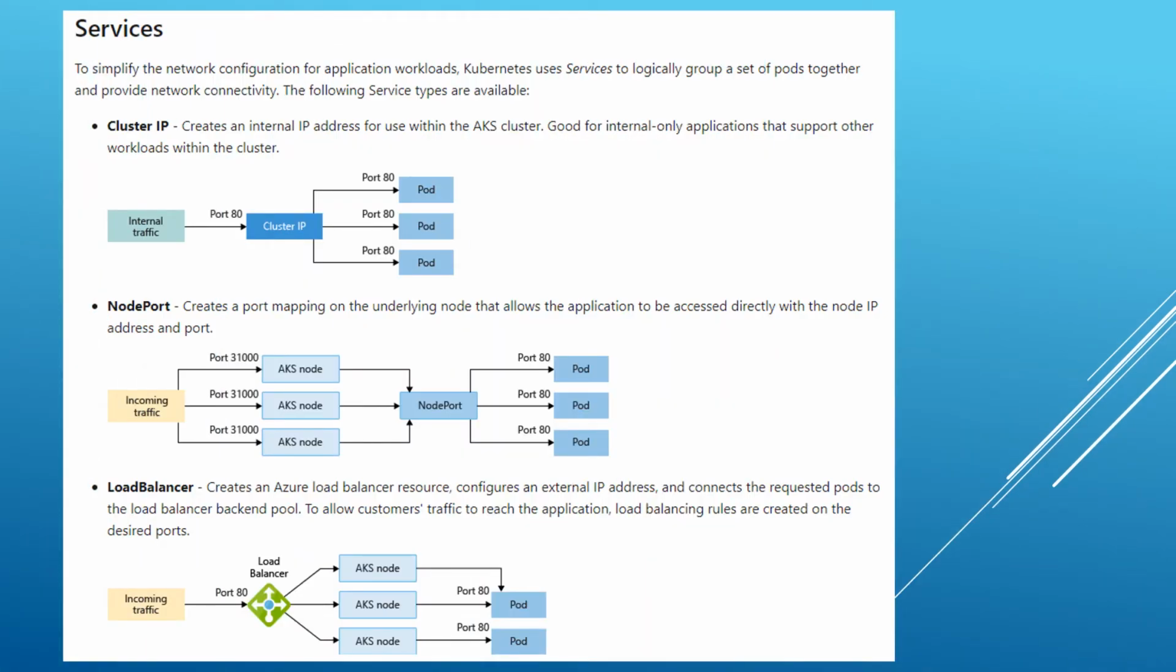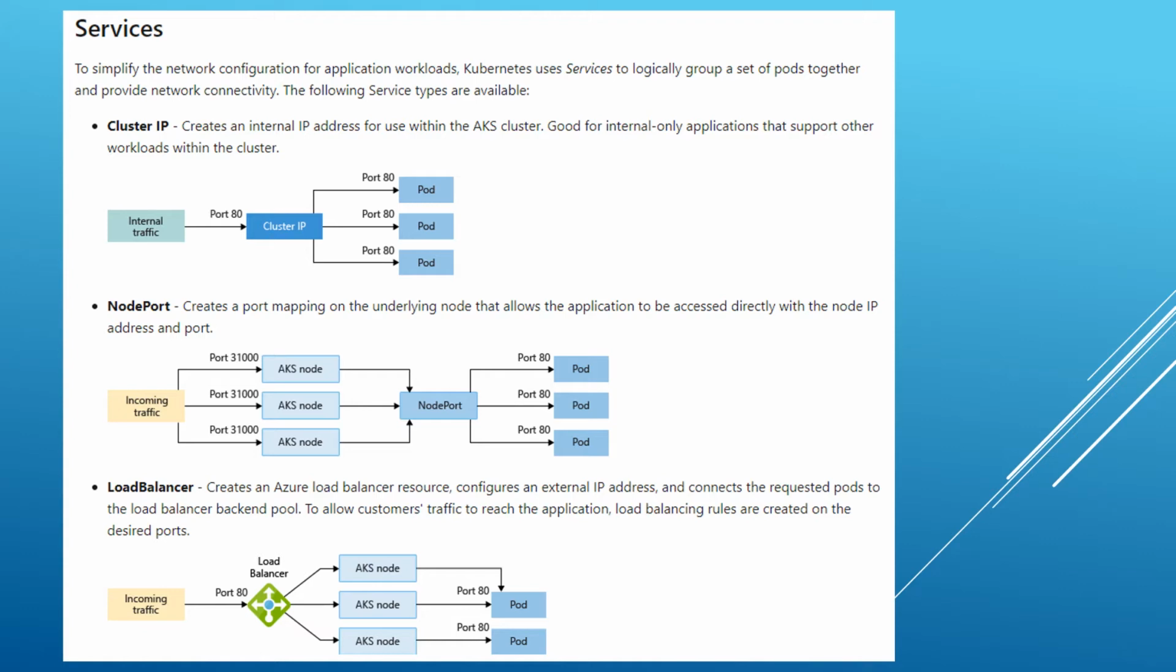In Kubernetes, there is a concept called services. If you remember in the earlier slide, we saw types of controllers; it's a part of that. The service will allow communications. So by using services, what can we achieve? What types of services are there, what is the behavior of all those three services, and for what type of scenario can we use these different types of services? To simplify the network configuration for application workloads, Kubernetes uses services to logically group a set of pods together